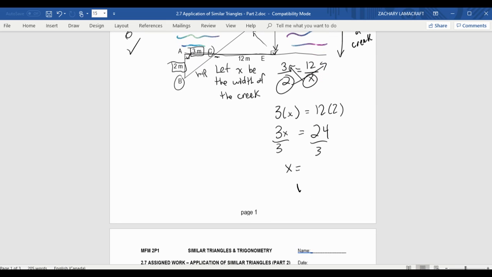So x would be then equal to 8. And what's our unit we're using? Meters. So there, then we'd write our concluding statement. Therefore, the width of the creek is 8 meters. Fair enough, right? So again, much like the last examples, once you get your ratios